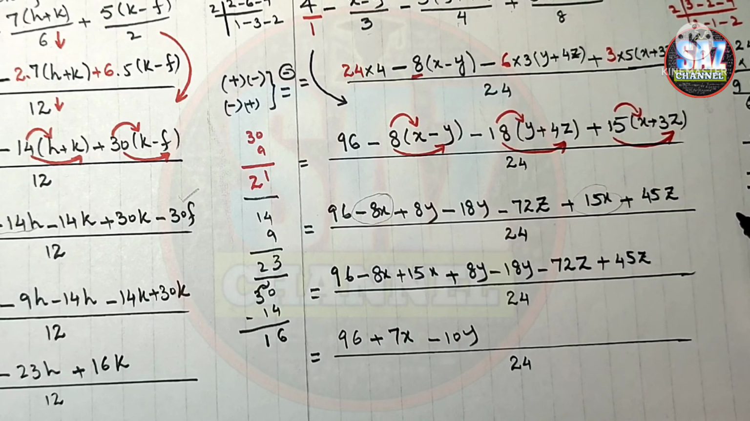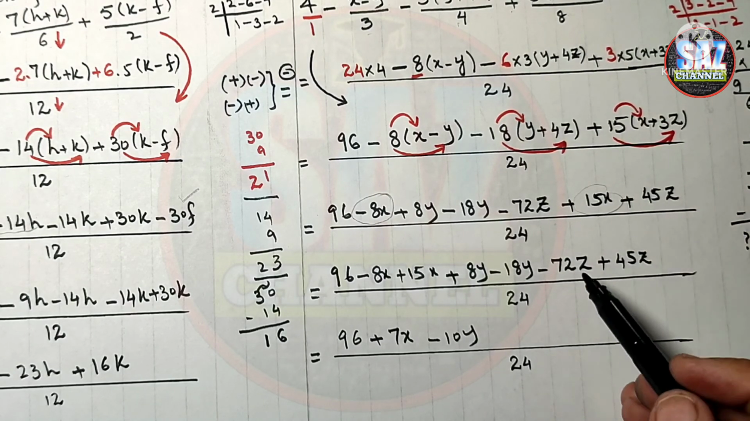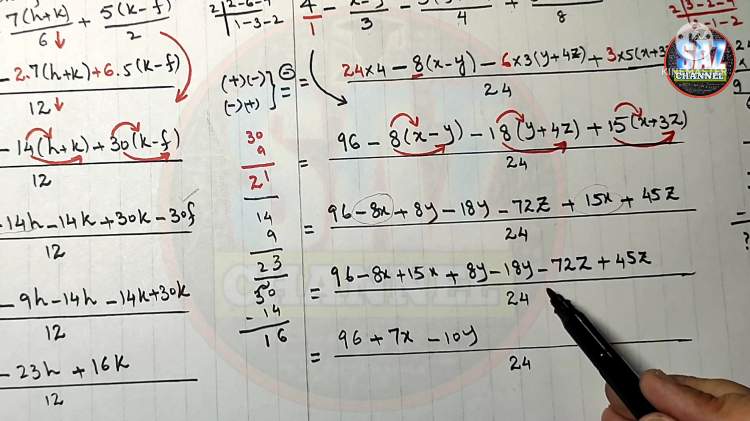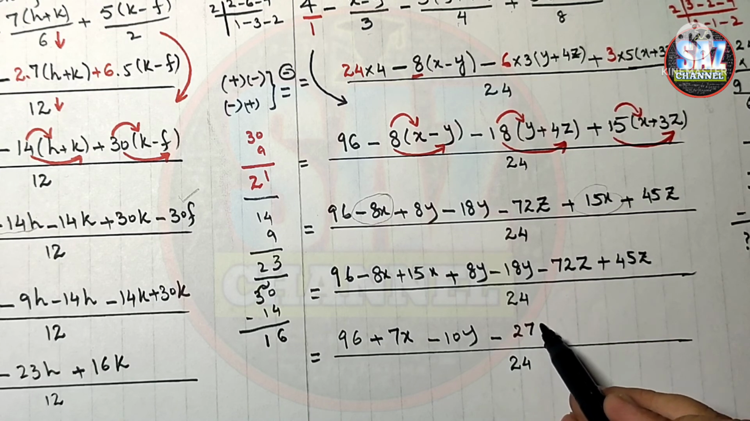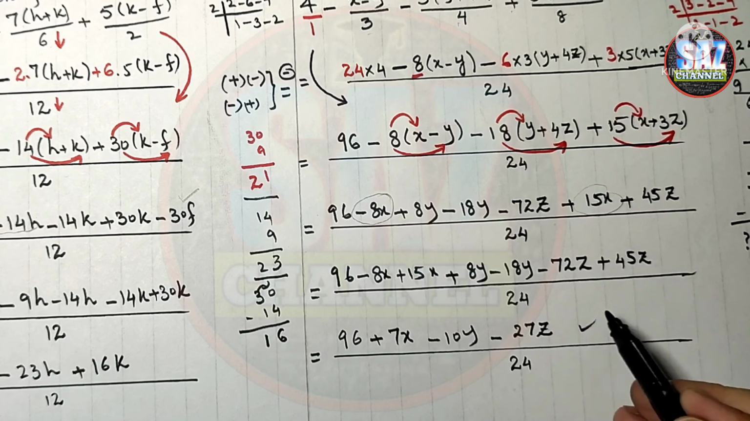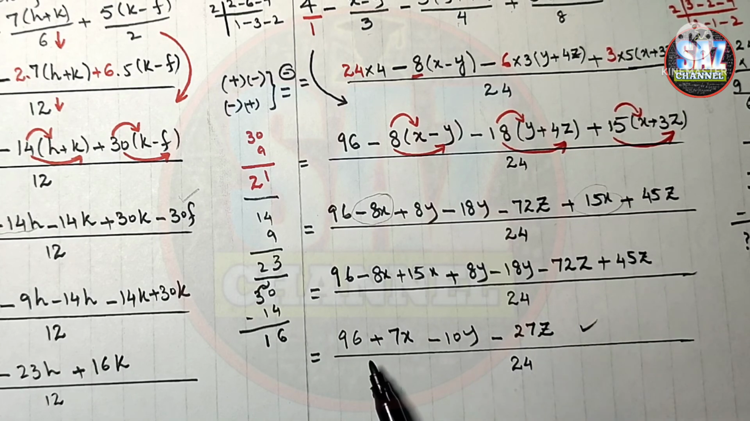First let me subtract these two numbers. Okay, I cannot take 5 from 2, so I will take 1 from 7. This is 12 minus 5 is 7, and 6 minus 4 is 2. But the problem is what will be the sign of 27? As 72 is the bigger term, it has a negative sign, so it will be minus 27z. Now look, 96, 7, 10,